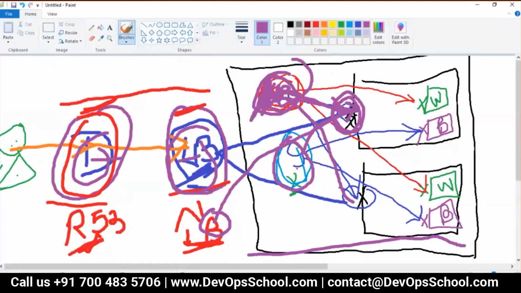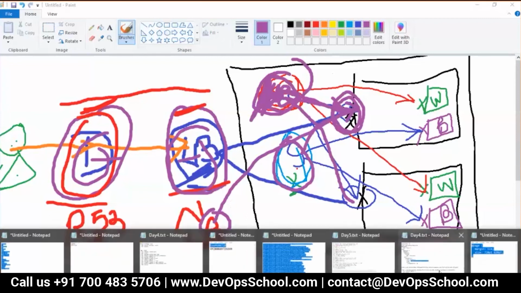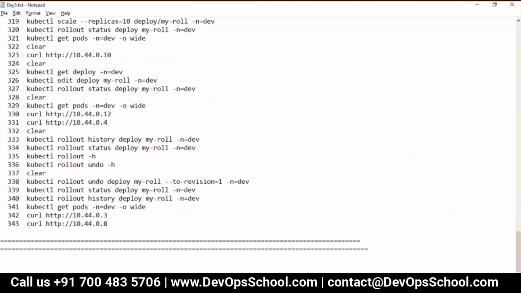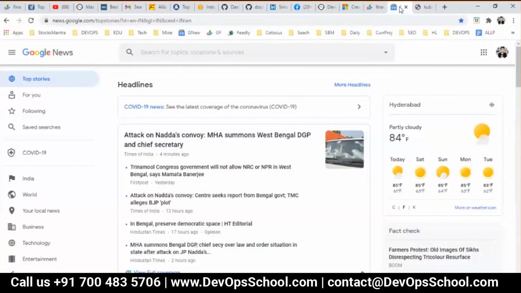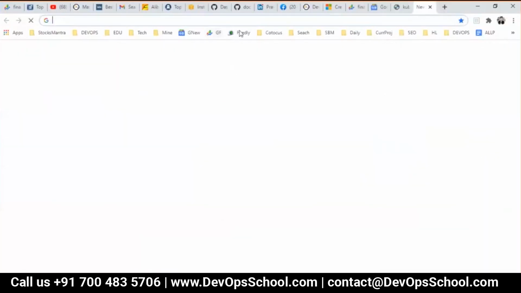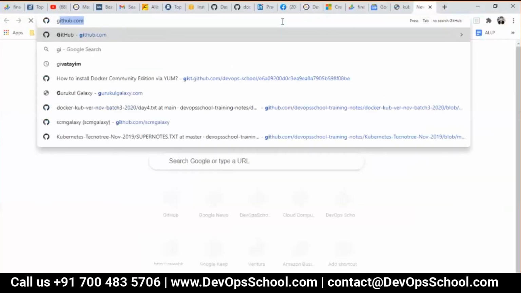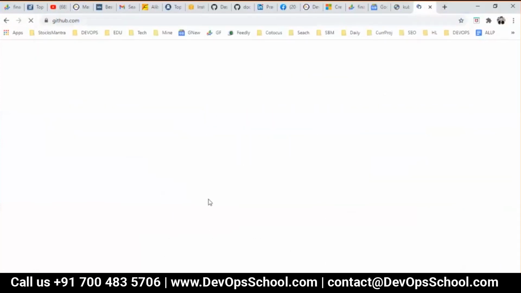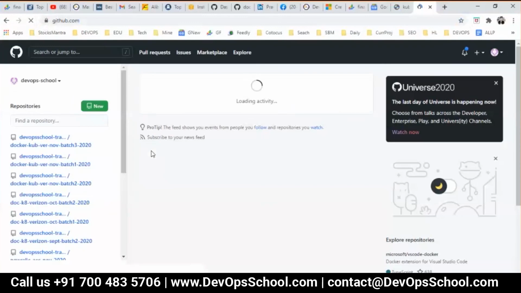Oh, okay, got it. So ultimately you don't have a load balancer, you don't have a DNS server, but you can access the IP address, and ultimately you get the same thing. Yes. Got it, sir. Thank you. Any other questions, guys?